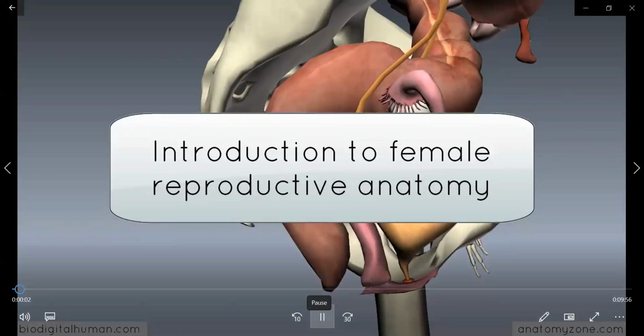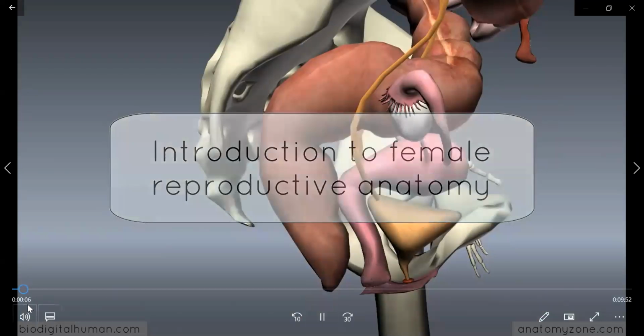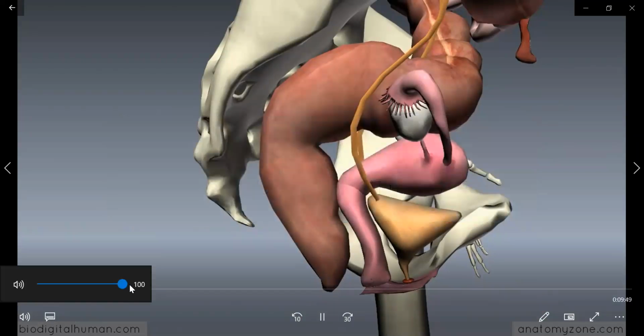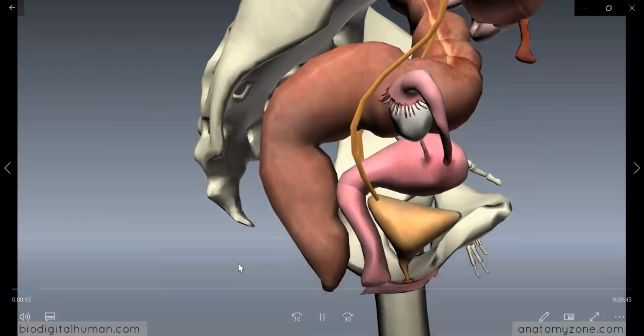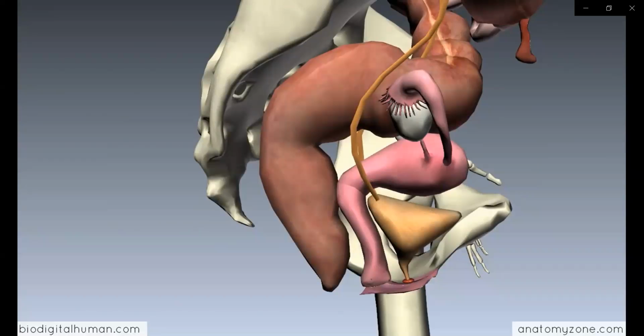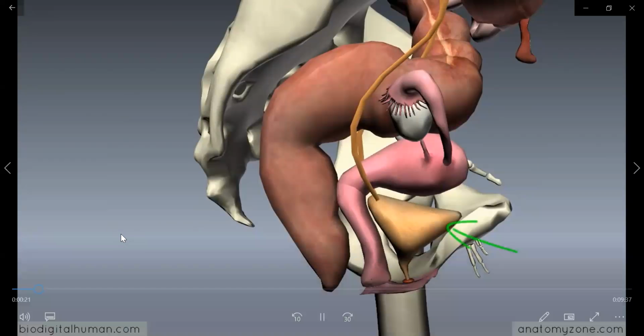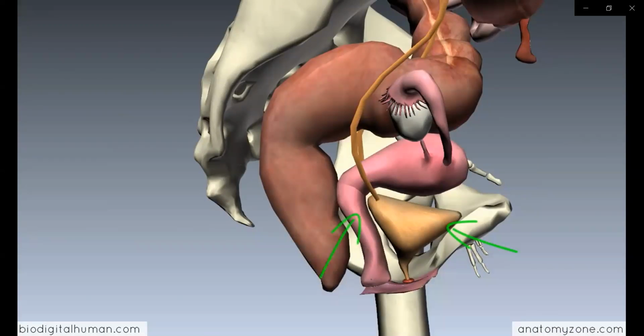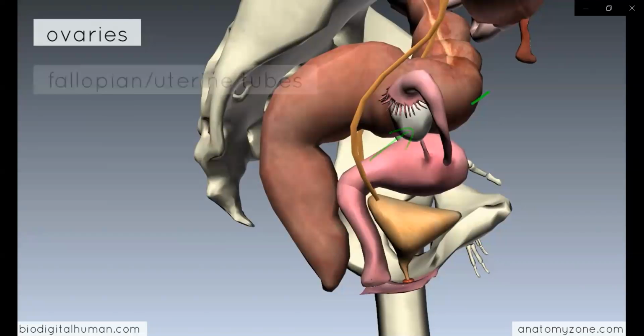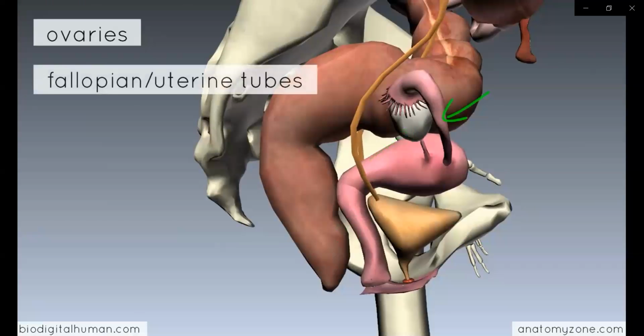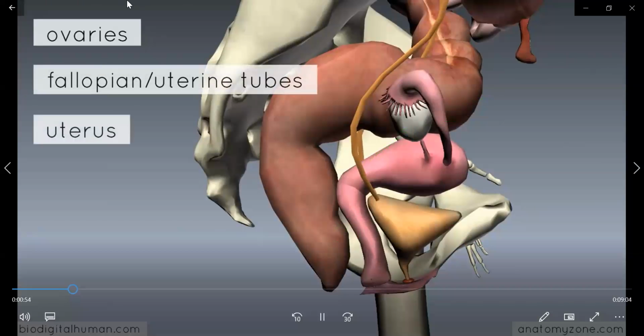Okay, so this is an introduction to female reproductive anatomy. The idea of this tutorial is not to go into much detail, but to cover the basic elements of the female reproductive tract. What we're looking at here is a lateral view of the pelvic viscera. Anteriorly, we've got the bladder. Behind that, we've got the female reproductive system. And behind that, we've got the rectum and the anal canal. This shows the location of the reproductive system in relation to the bladder and the digestive system behind it. The main parts that I'm going to talk about are the ovaries, which are the primary female sex organ, and then the fallopian tubes, which is this muscular sac, which is where